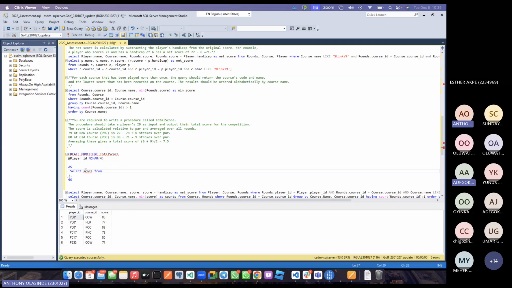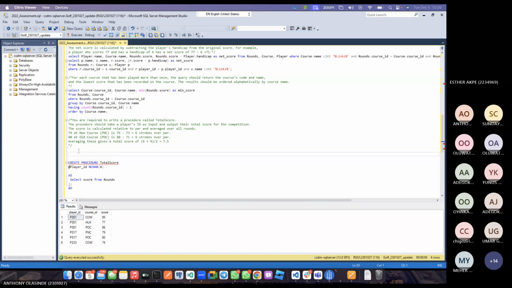from ranks. Now, one thing you want to do when your query is complicated like this is write your query first and do the procedure later. So you can write your procedure, make sure it's working fine. Select score, because I don't think I understand what's going on. Random score. We'll figure it out. Random score from ranks